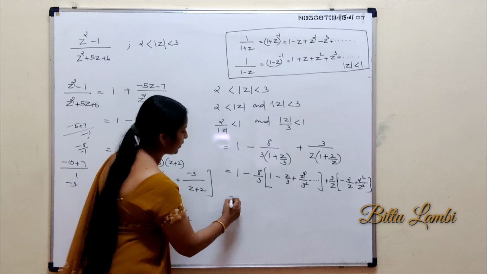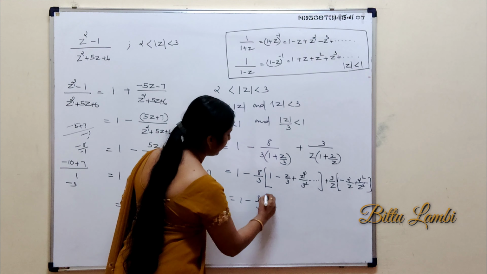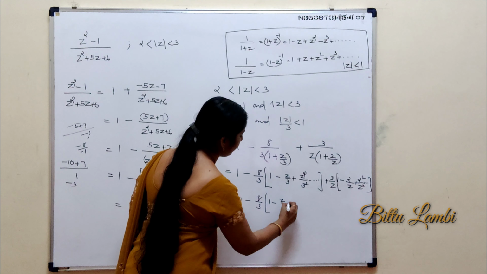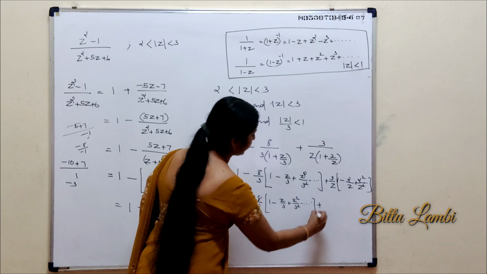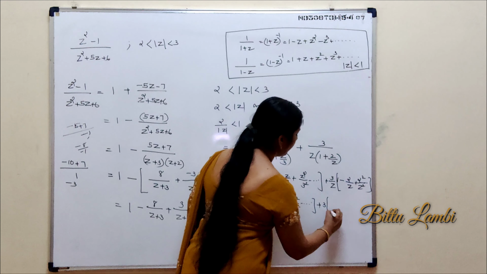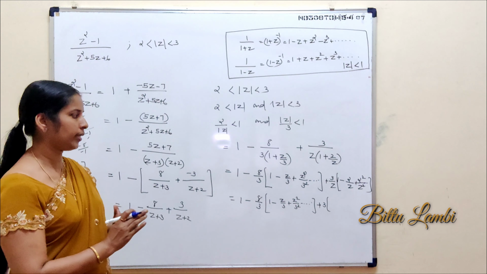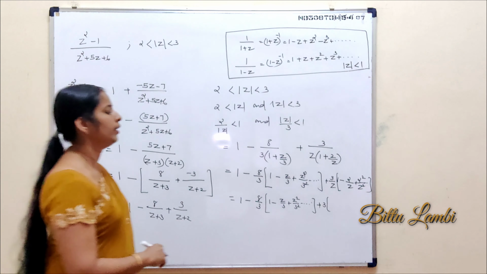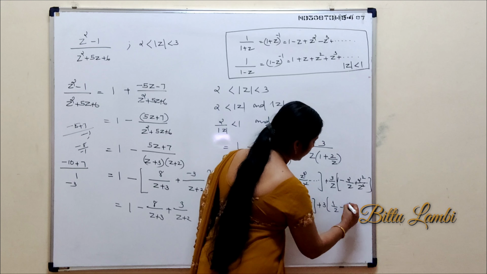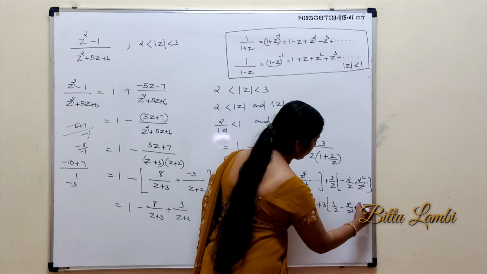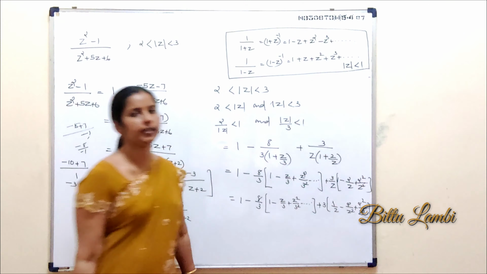That is, the series is 1 minus 8 by 3 times (1 minus z by 3 plus z square by 3 square minus etc.) plus 3 into, you keep the constants outside and take all the z functions into the bracket, 1 by z minus 2 by z square plus 2 square by z cube minus etc., which is the required